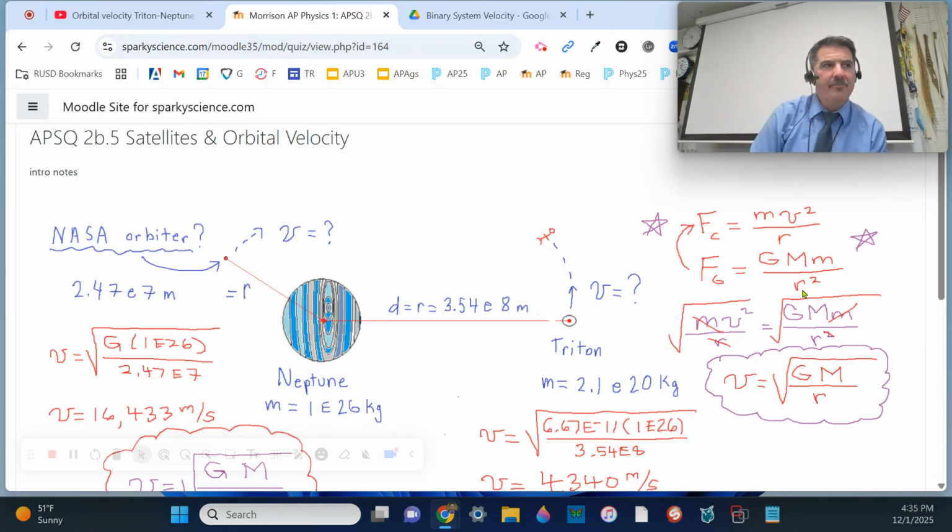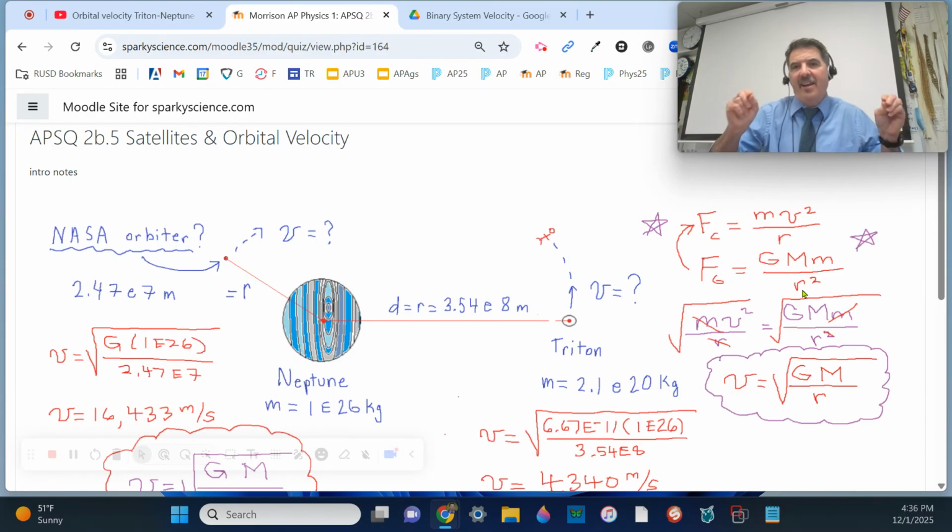Even if you go to Earth, which is 6 times 10 to the 24th, and say there's the International Space Station, maybe 1 times 10 to the 5th, so maybe 100,000 kilograms or something like that, it's not going to actually alter the path of the Earth. It's almost like the Earth is anchored and the objects are going around. Now, the Earth isn't anchored, but it's so massive that the orbiting object is orbiting around the center of the Earth. If that happens, then these two R's are the same,